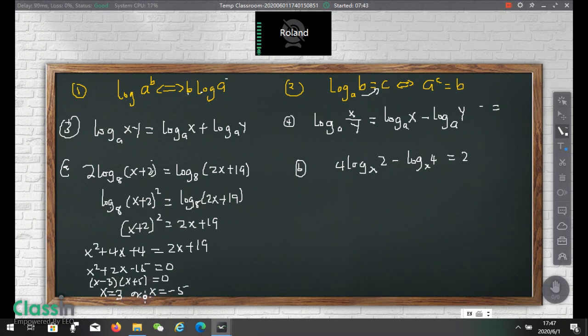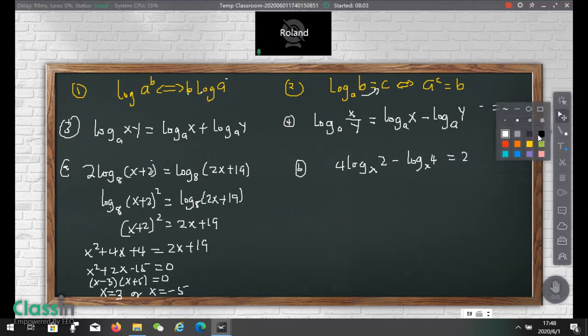So let's check if both answers are correct. Remember, the log of any number a must be positive, because the log of negative numbers or the log of 0 is undefined. The number a can never be negative. If we take 3, of course,